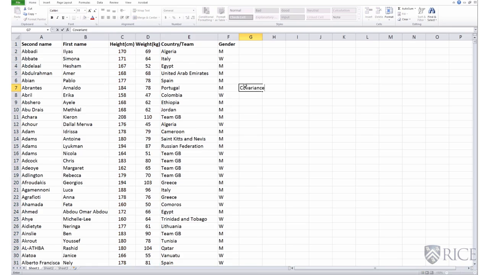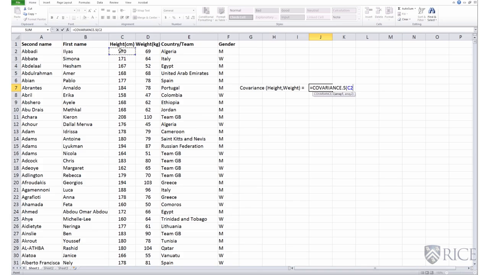So covariance between height and weight, and we'll calculate that using the COVARIANCE.S command in Excel. So is equal to COVARIANCE.S open parenthesis, then I select the two data ranges, height and weight. It does not matter whether I select height first or weight first, we'll get the same answer. So I begin by selecting the height data range,